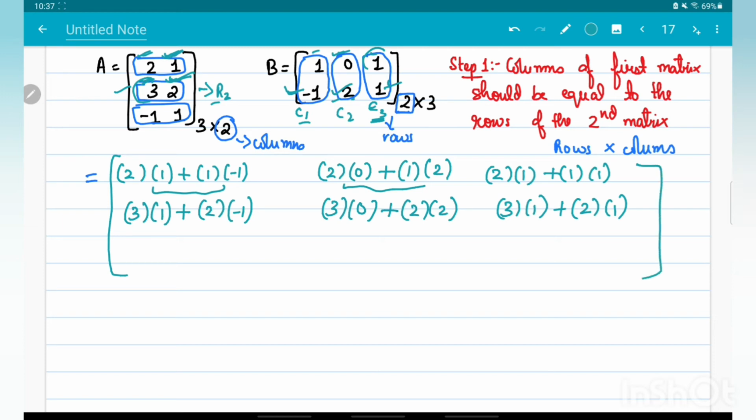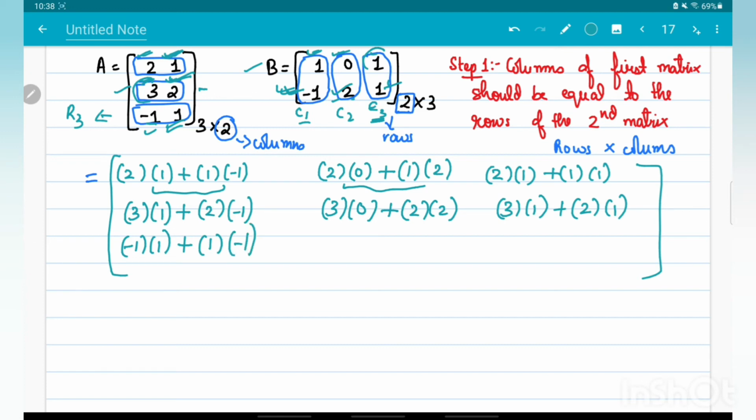Okay. Now comes the third layer. Now this is the third row. This third row will be multiplied with the first column, second column and the third column of matrix P. Now let's start with the first column. So this minus 1, the first element, will be multiplied with the first element of column 1. So minus 1 multiplied by plus 1, and then in between a plus symbol will come. Then this 1, since it is the second element, will be multiplied with the second element of this first column, that is 1 multiplied by minus 1.